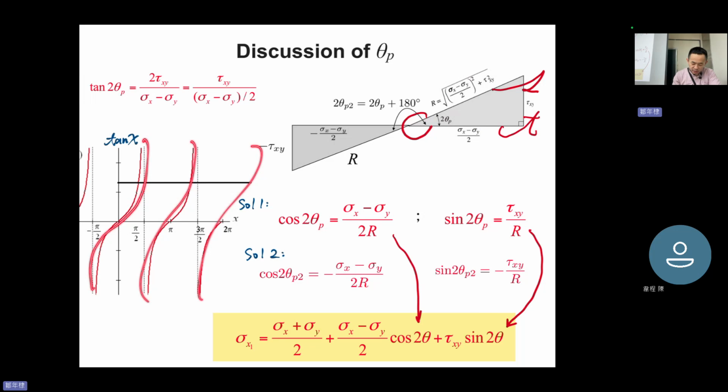It goes to infinity, again and again. But your rotation is from 0 to 2 pi. So your solution must be between 0